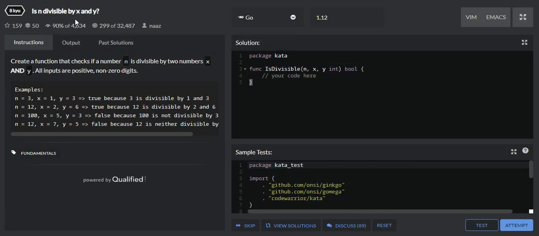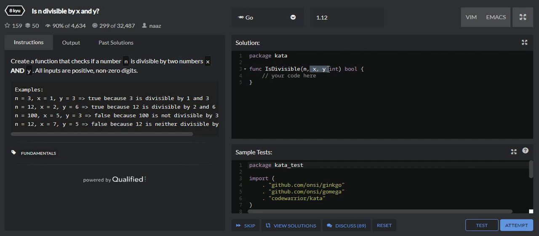So today we are going to see the challenge of is n divisible by x and y. What is given here is: create a function that checks if the number n is divisible by two numbers x and y. So we are having a function isDivisible, and we are given a number n, which is of int type, and the two numbers x and y.